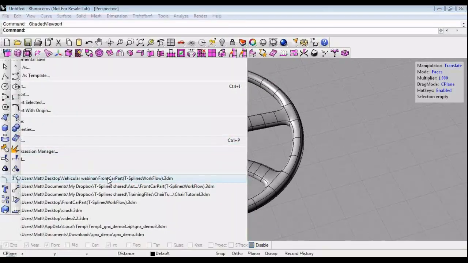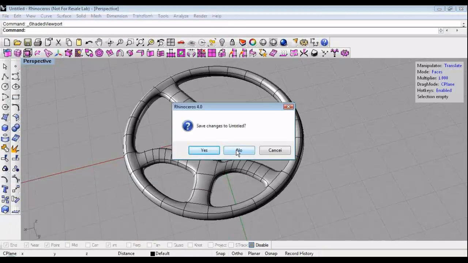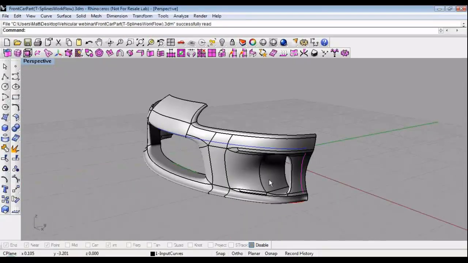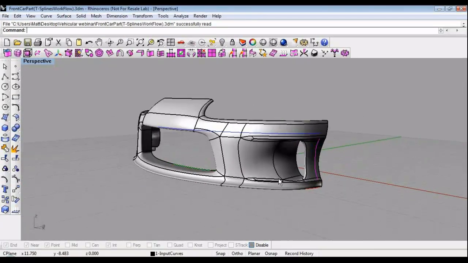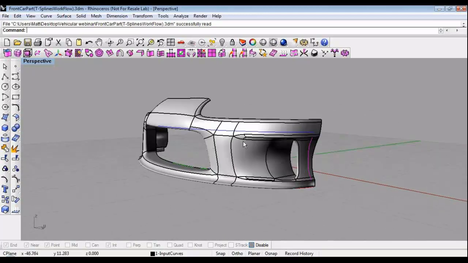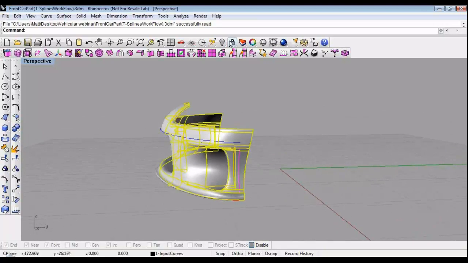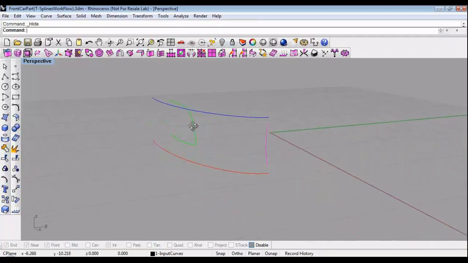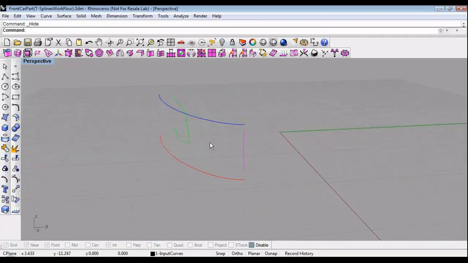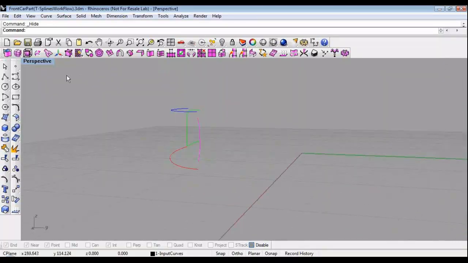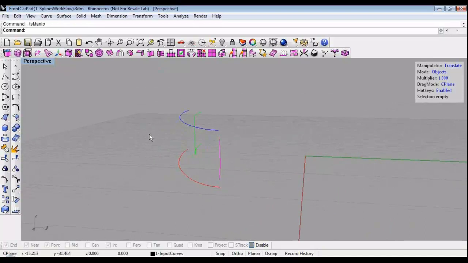The final example that we'll show with our webinar is introducing one other way of creating T-Spline surfaces that's new with version 2. We'll be making this car fender, and the way that we're going to start is by, let me just hide this. We'll be using these 4 key curves that describe the shape of our surface. Now the new functionality that we'll be showing here is to be able to extrude